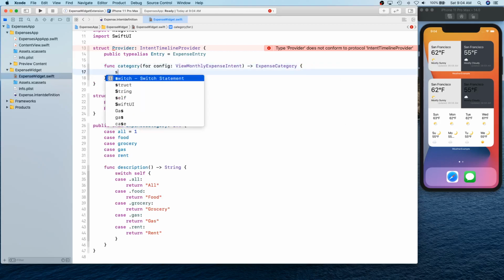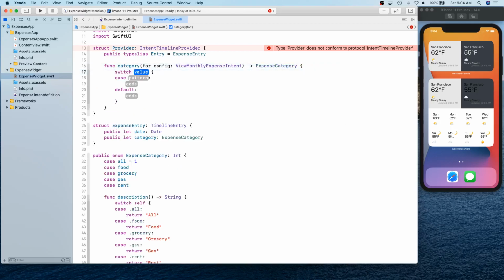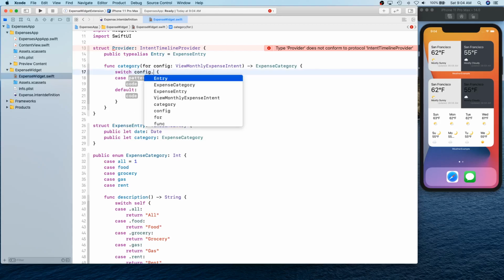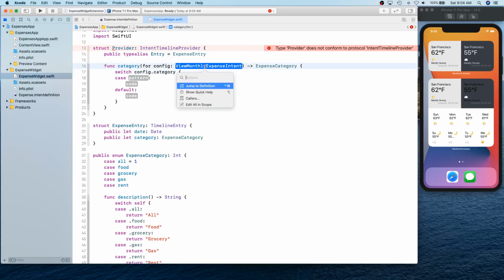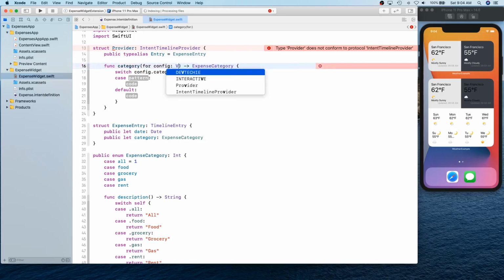Once again we're gonna put a switch statement here on config.category. So let me see if I can actually, cannot find. Yeah, I know, because okay,